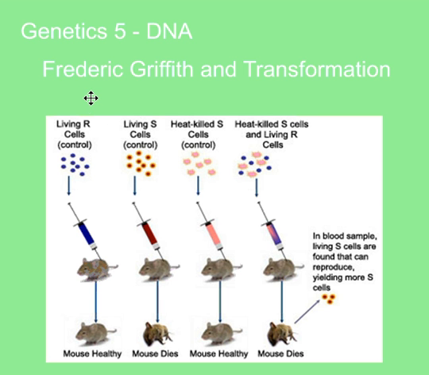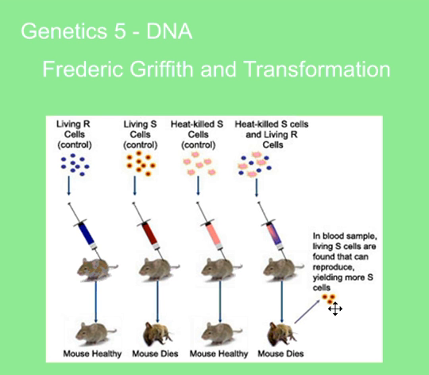Now, Griffith had different strains of the pneumonia bacteria. One strain actually didn't make the mice sick. The virulent strain, when injected into the mice, would kill the mice because they would get pneumonia. When Griffith killed the bacteria by heating them up and injected them into mice, the mice didn't get sick. But what he found was when he combined the two, the heat-killed bacteria and the bacteria that couldn't get the mice sick, he actually ended up with